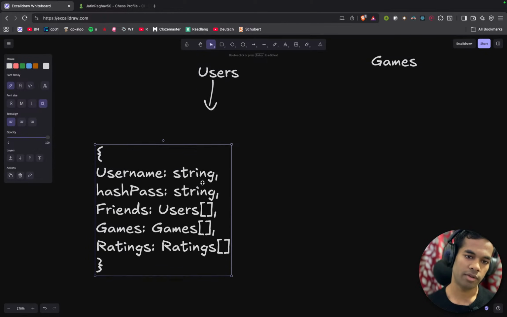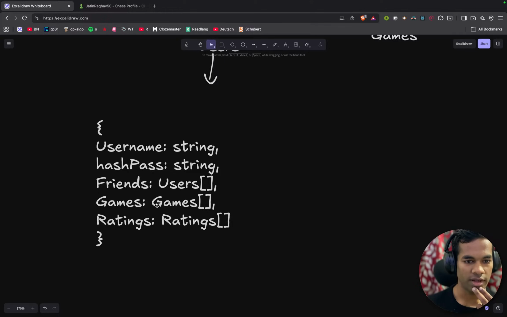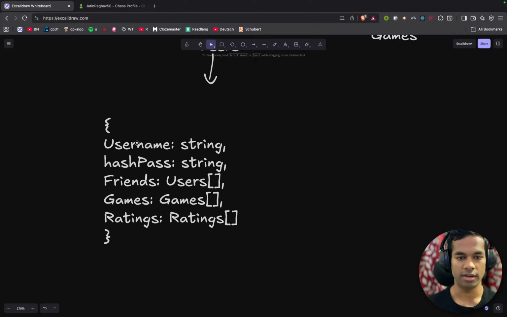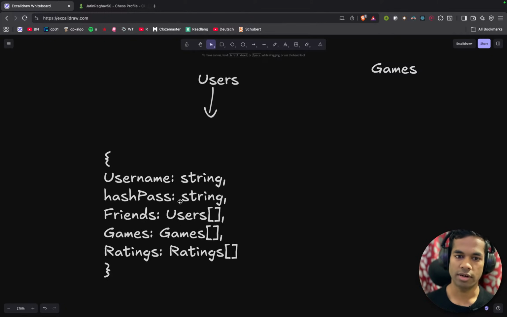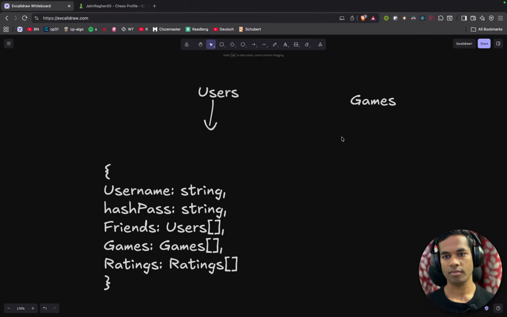Okay, so I don't think we need anything else for a single user. We need their username, password, authentication, a list of friends, a list of games they have played, and a list of their ratings. Okay, and for a game, now this is